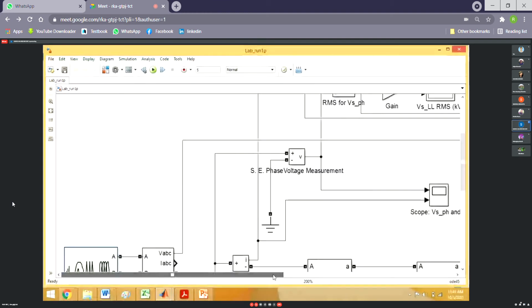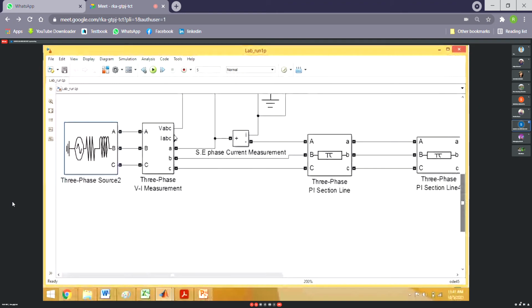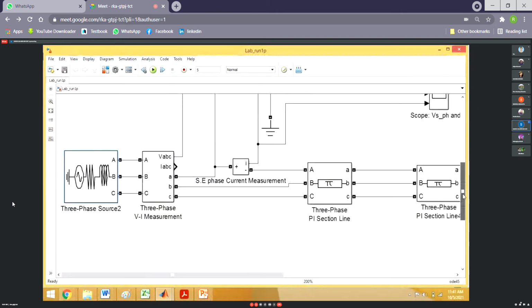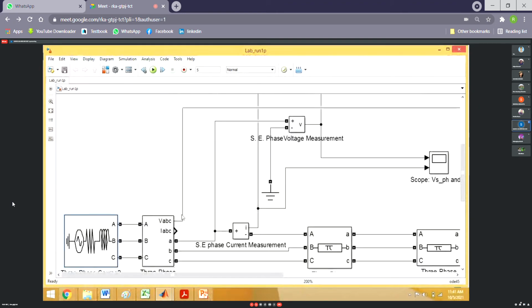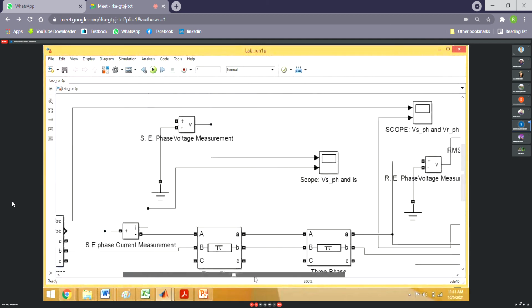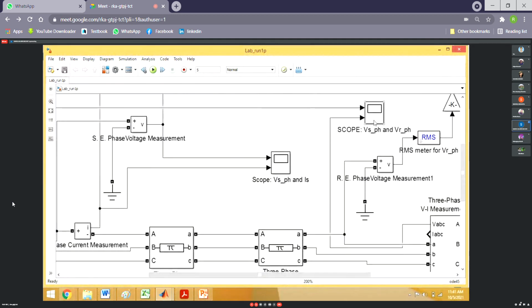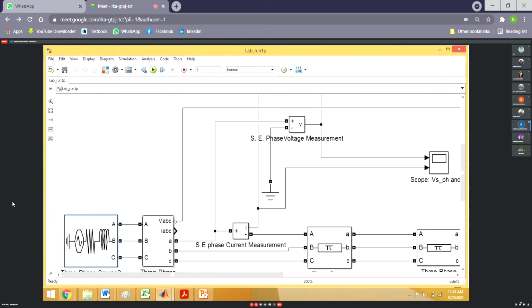Now say I want to measure all the three voltages. Then what I shall do? I shall take these total three phase quantities to a scope. So that I have taken, right? Here VABC does not mean all line to line voltages, but it means that all three phase voltages will be displayed. But when it is ABC, that means only A phase voltage can be trapped, or B phase voltage or C phase voltage. So that is the function of this block.